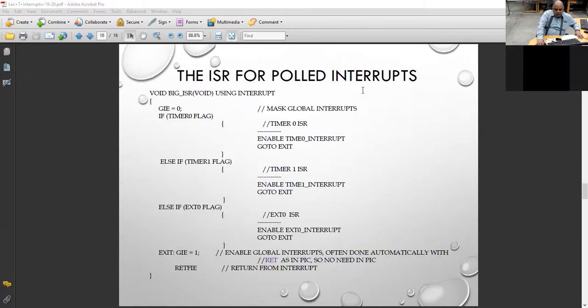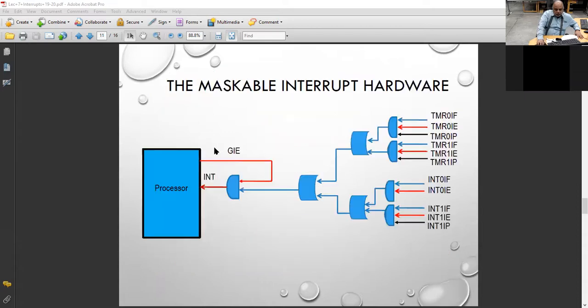This is a diagram which is basically a typical structure of polled interrupts. So an interrupt occurred, you come into this function where you make global interrupt equal to 0 so that you cannot be interrupted during this interrupt. GIE is the global interrupt flag, this one over here. When this is set equal to 0, no one can interrupt. When GIE is 1 only, then the processor can be interrupted, and that depends on